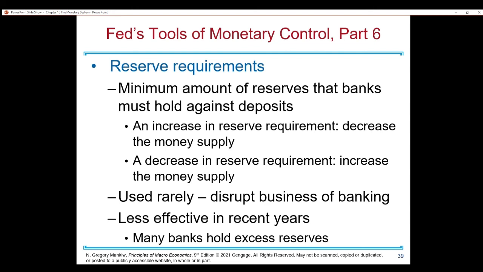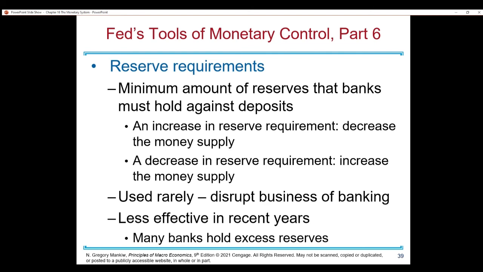which is going to increase the money supply. One way to do this is just to alter the reserve requirement, because we know that the Fed sets the reserve requirement. They could just say, oh, you guys need to hold 20%, you guys need to hold 15%. They could just set the minimum amount of reserves banks must hold against their deposits.